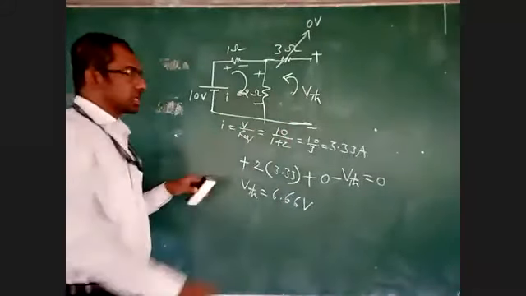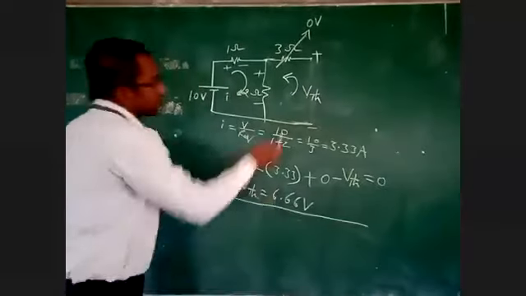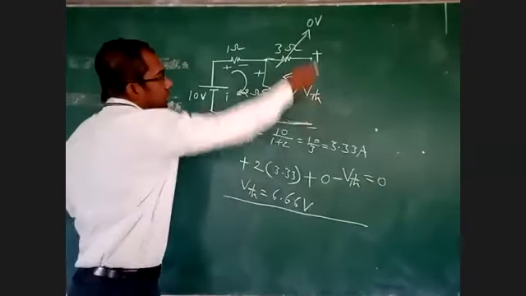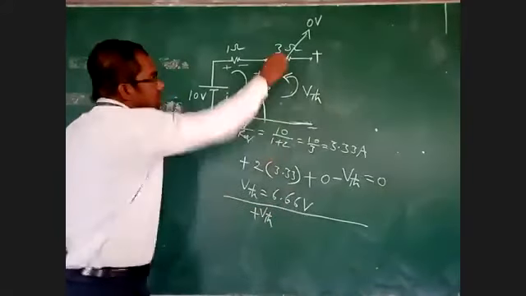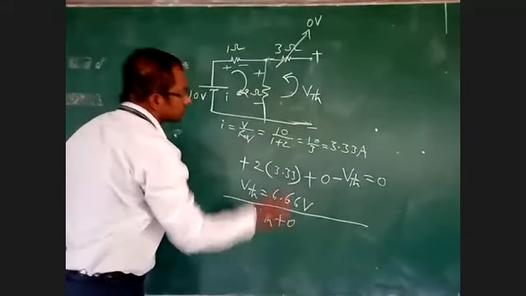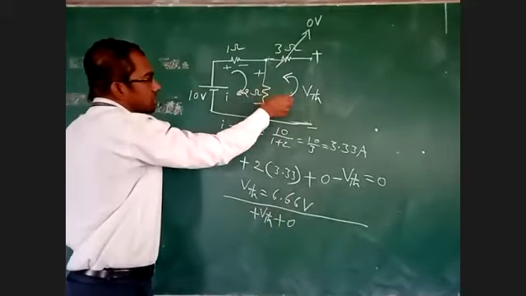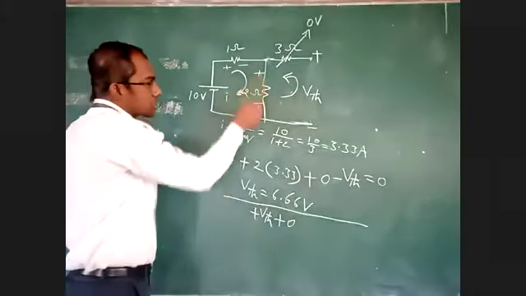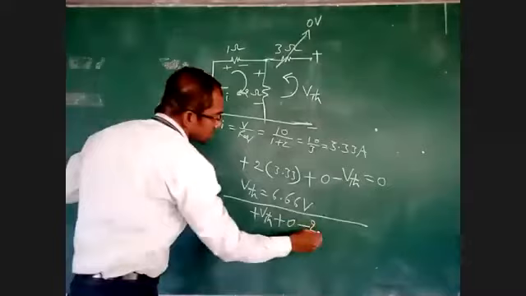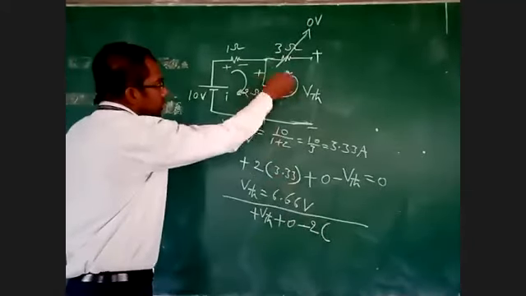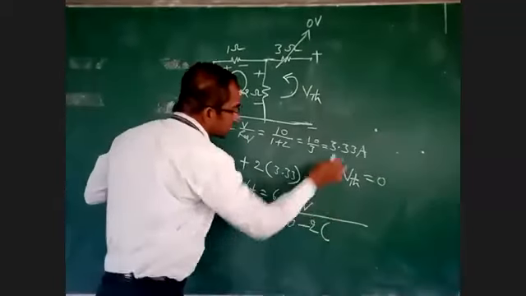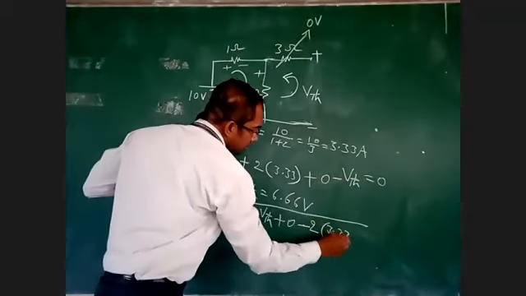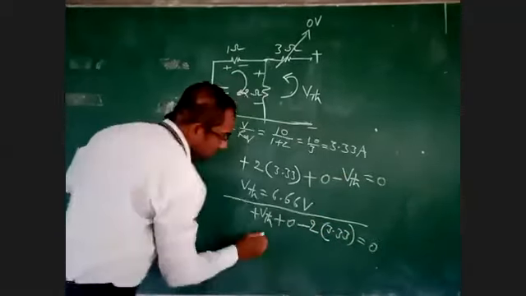You take in this direction and see what you will get. Minus to plus, plus VTH. This is 0, because your current is 0 in this loop. Now plus to minus. If the arrow is moving from plus to minus, it means minus. 2 into what is the current? 3.2 is equal to 0. See here, VTH